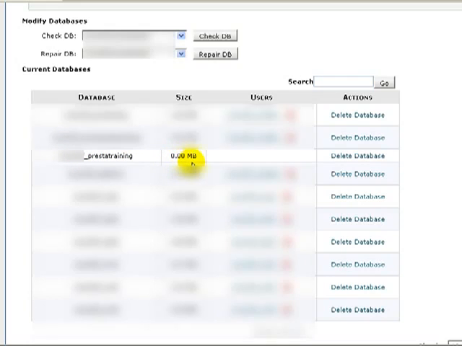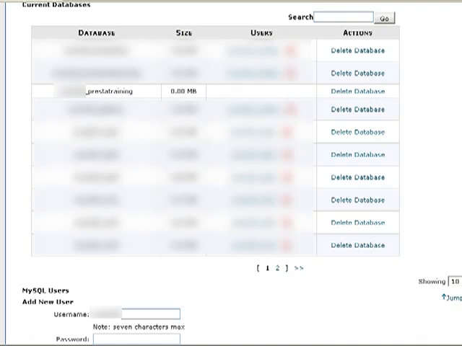Now right now it shows the size is 0, which is correct because it just got created. And this is something we want to pay attention to. There are no users in here right now, and we definitely need to have a user there. And then you can also delete the database if you screw up or if for some reason you need to get rid of it. So we're going to scroll down, and then we're going to create a user for that